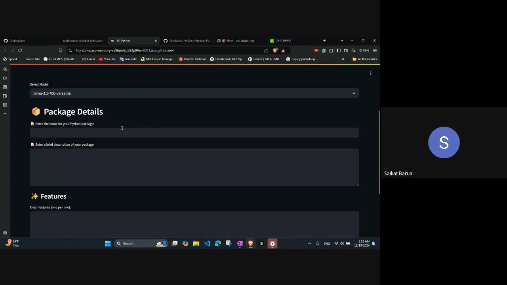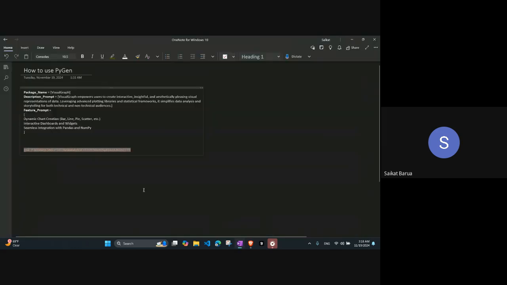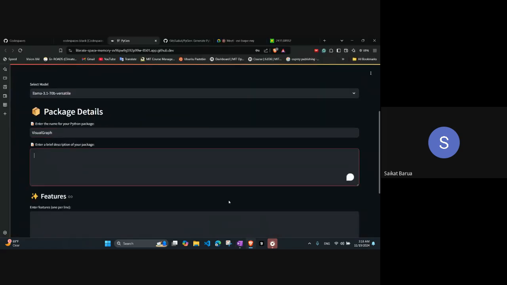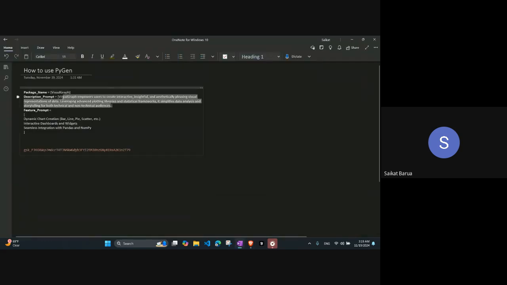So in order to generate a package, first you need to give the name of the package. So today we are going to generate a package that is for data visualization. So first we will put the package name as visual graph and then give a description of that package. So this package just creates interactive, insightful, aesthetically pleasing visual representations of data. So it can also simplify data analysis and create a narrative for both technical and non-technical audiences. So we will just paste it here,